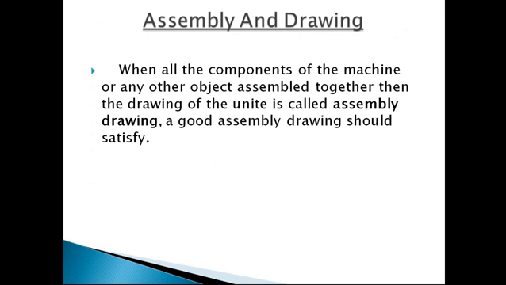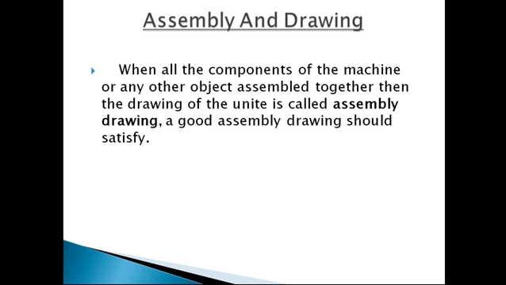Now friends, the next point we are going to see is the assembly drawing. So what is an assembly drawing? Assembly drawing is nothing but, we can say, the parts which we are going to assemble, we are going to mix them with each other, or bolt them to each other, and they are going to perform some kind of function, properly utilized for the requirement of function. We can call this an assembly drawing.